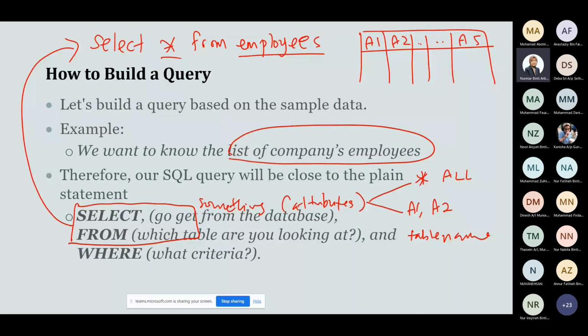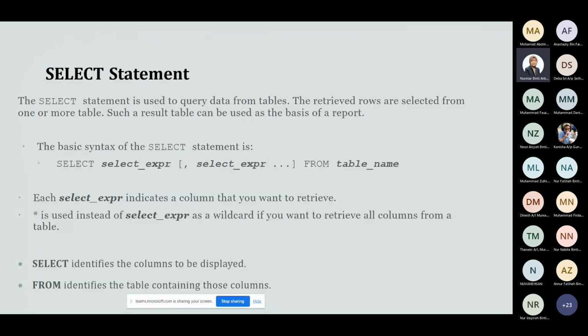The select statement is used to query data from the tables. The retrieved rows are selected from one or more tables. We not only select from one table, but it can be expanded to select the data from multiple tables. And such a result table can be used as the basis of a report. We create a query,